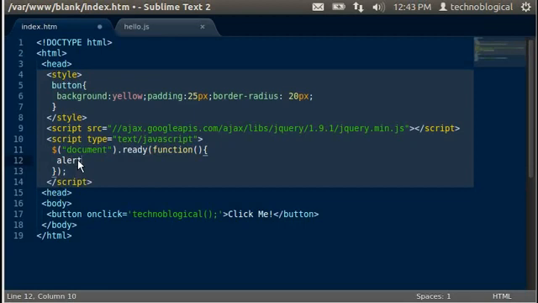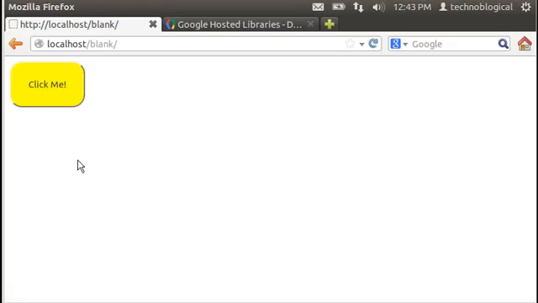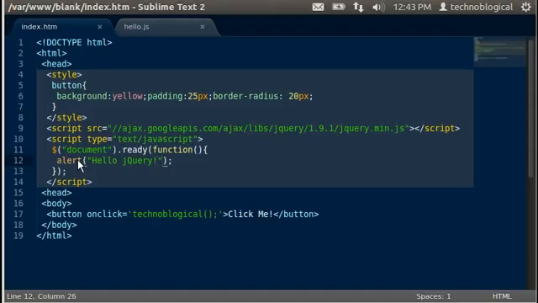alert, open parentheses, semicolon, and then say open quote, hello jQuery, exclamation, save that. Now let's refresh the page. There we go, hello jQuery. You can even stick a jQuery inside of a jQuery, which seems kind of complex. So we'll do